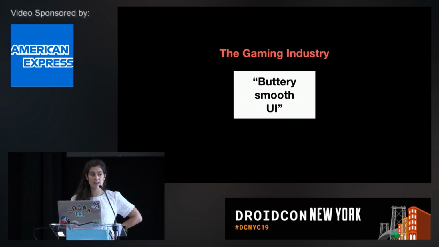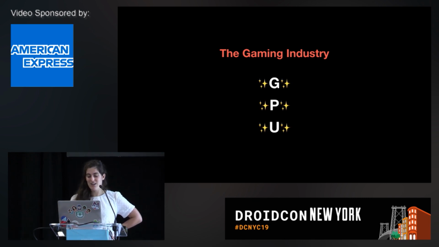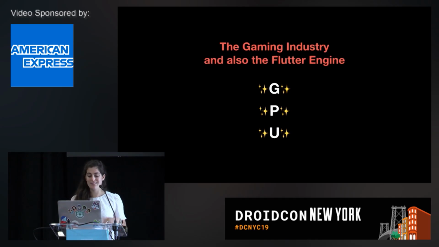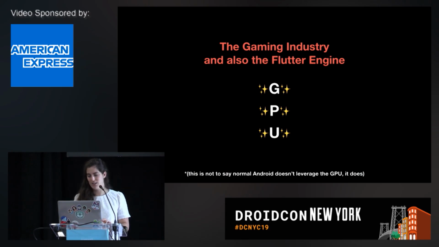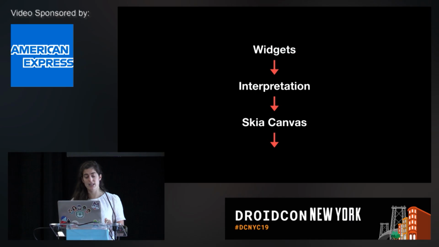They care a lot about graphics and throughput, and if you know anybody who's into games like I happen to, they talk about GPUs a lot, which are kind of, you know, like the less great CPU in that they're not quite as powerful, but you can parallelize a lot and they can get a lot of stuff done. And so the gaming industry leverages these to get smooth UI, and Flutter leans really heavily into this too. Caveat, Android has hardware rendering. I don't mean to say that they don't, but Flutter leans extremely, extremely heavily into this GPU ideology based on its architecture. So what does that look like in implementation?